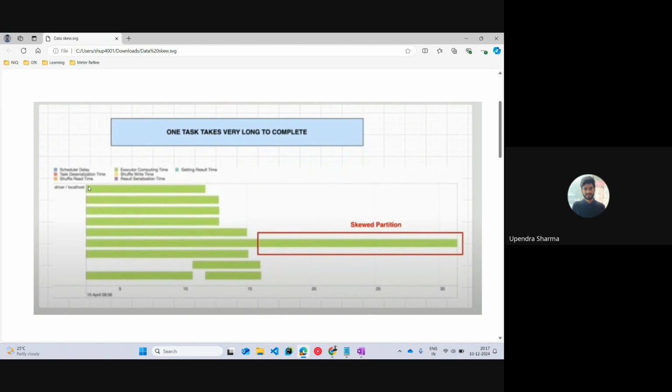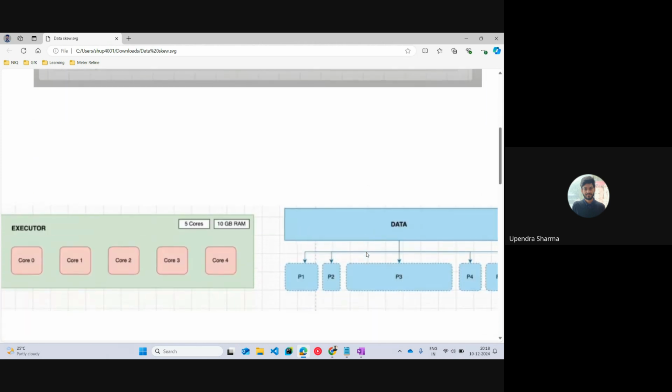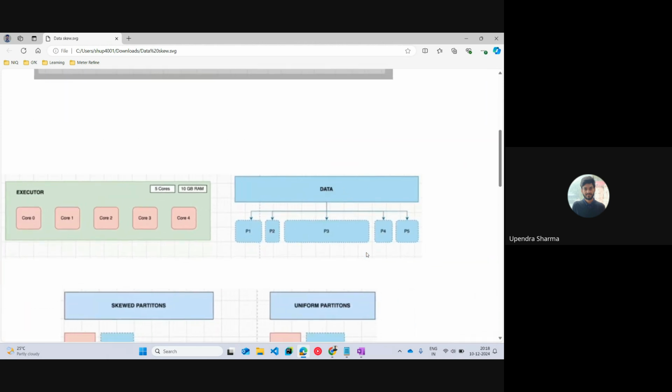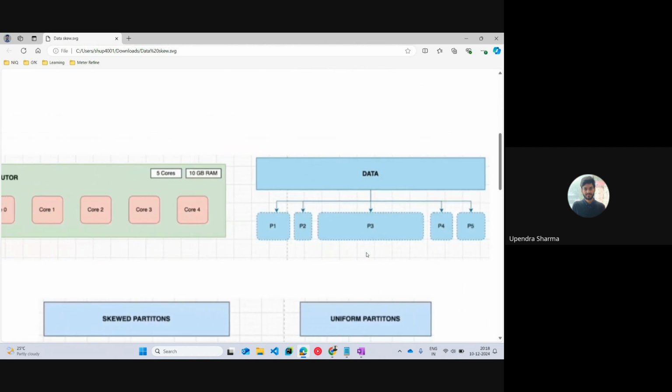Initially, our data gets broken into smaller parts. Once this data is broken down into smaller chunks, they get processed separately. Once they are processed separately, they are aggregated again to give us the final resultant output. But in this case, all these outputs have to wait for this particular partition to get completed. Only then can they be aggregated together and we'll have our resulted output. So this is the problem we face when our data is skewed. I hope that data skewness is pretty much clear to all.